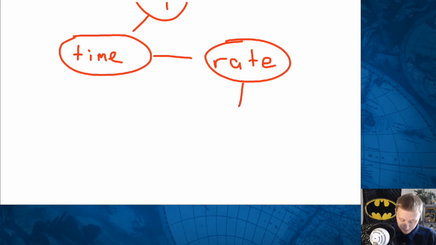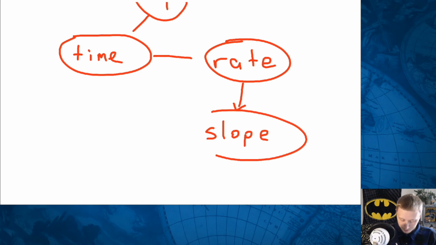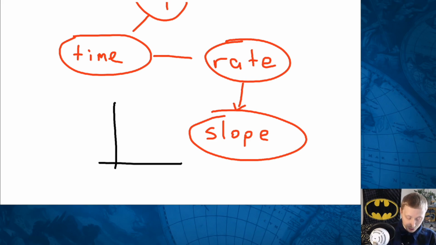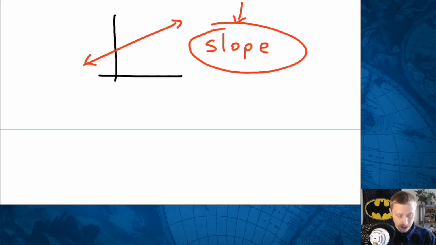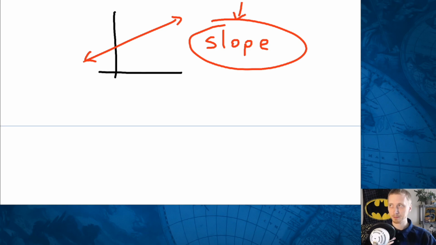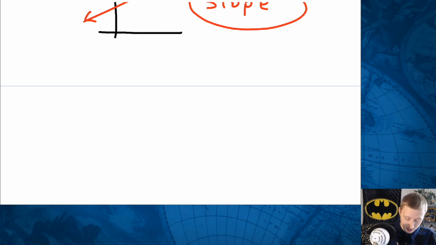Now, when I say rate, some of you may key in and say, hey, wait a minute, I've heard that in math before. That's going to give us a slope. The slope of a graph is the rate of change over time, right? Good old rise over run. But there's a little bit more to it than that. Because when you really start getting into the higher levels of mathematical thinking and analysis, you quickly run into ideas from calculus. Calculus is quite literally defined as the study of change.